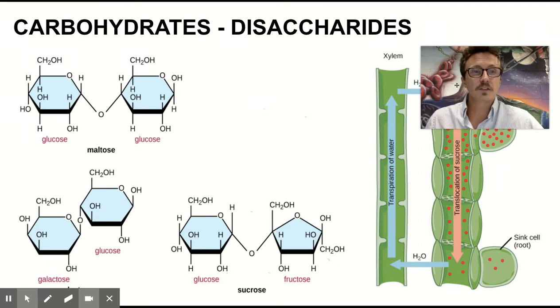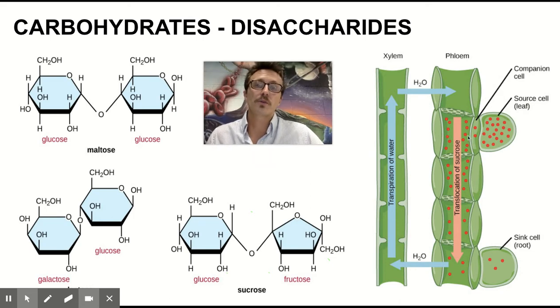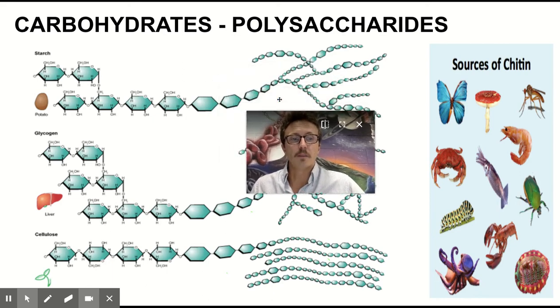Now, in plants, sucrose is commonly used as a way to transport sugar, right? And so leaf cells make glucose via photosynthesis, and then those glucose molecules can be combined with fructose to form sucrose. And then sucrose can be transported throughout the cell so that various cells can have the energy they need to perform functions. Now, sometimes both plants and animals need to store carbohydrates for the short term, and that is going to be accomplished with